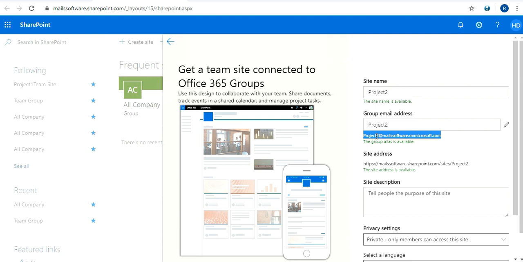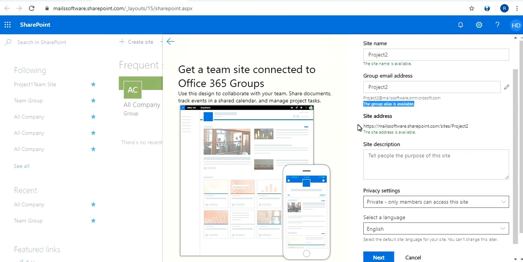Suppose there are 10 members working on a project, and you need to discuss something with all of them, or you need to share some information with all team members who are working on a project. Then instead of sharing messages with each and everyone, you can just share that message to this email ID, and that particular message will be delivered to all of them who are a member of this project group.